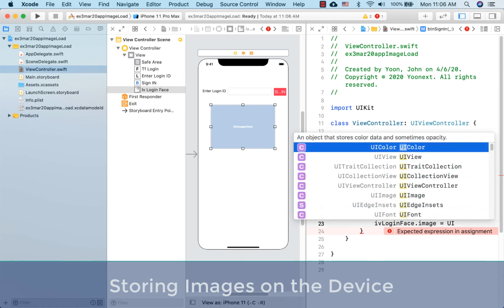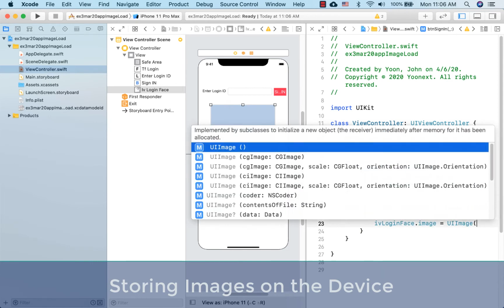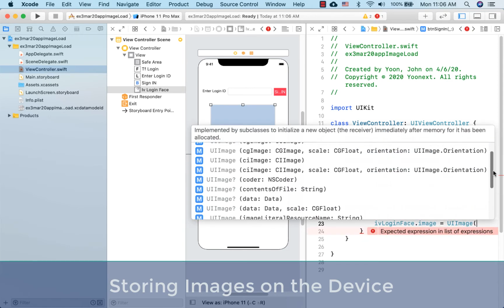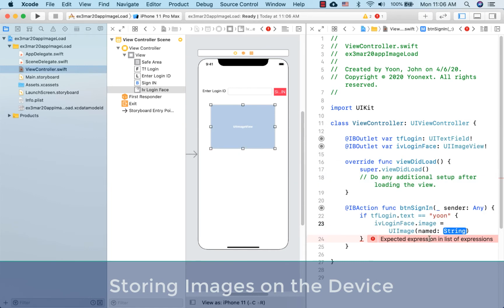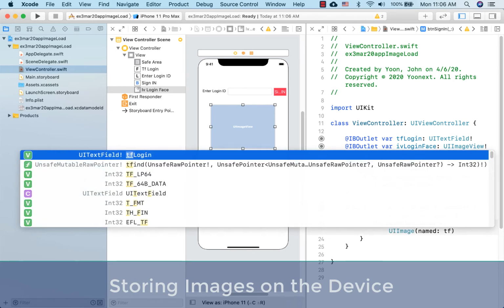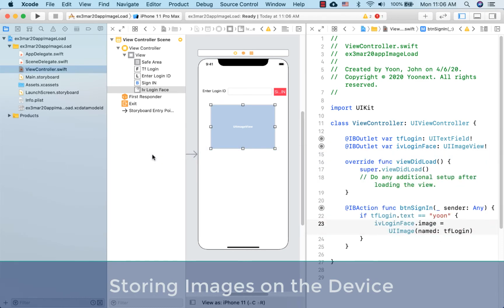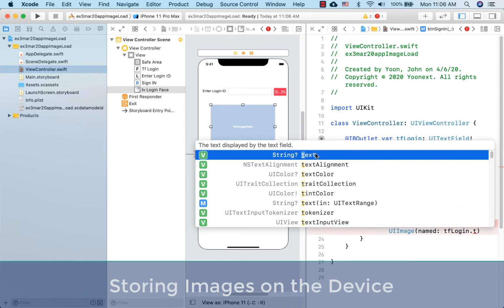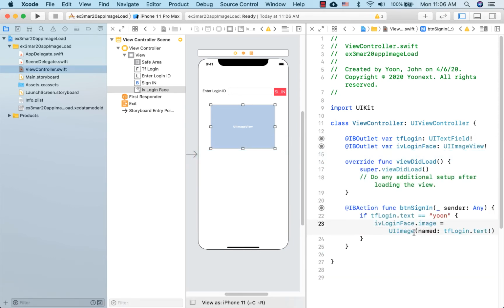That image should be recognized by UIImage here, and that has a named string. That string should be the same as this TF login dot text, right? So TF login dot text, and that should be the real, explicit value, not an optional value. So we need to put an exclamation mark here. This is for Yoon. So if Yoon is logged in, then I'm going to bring up Yoon's image here. Otherwise,